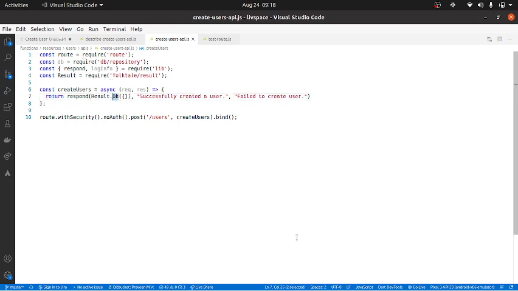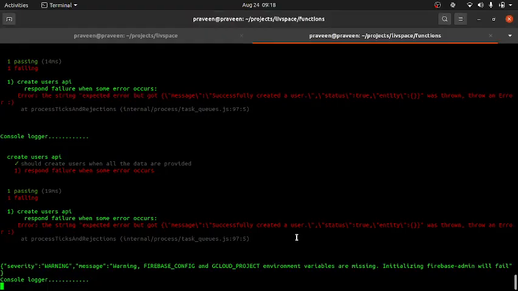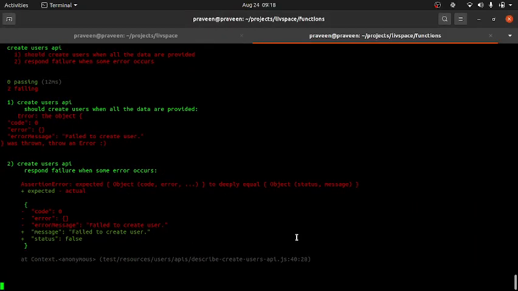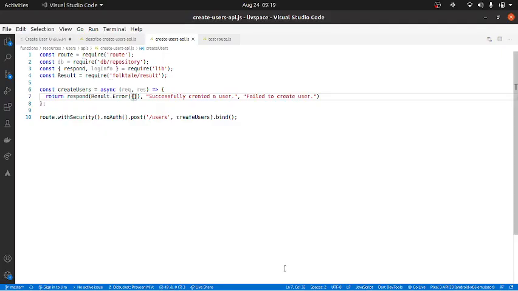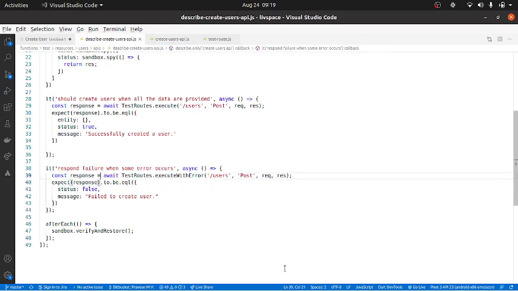So one of the things that we can essentially do is, of course, we can provide error over here, and what will happen is one of the test cases will pass, the other test case will fail. So fail to create error, this is the error message, and the error is that an error code. So this is described line number 40. So let's go with this line number 40.